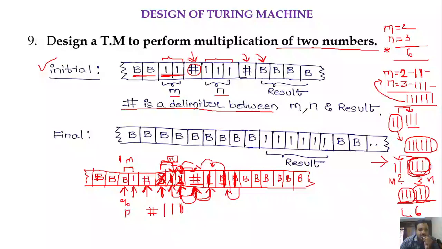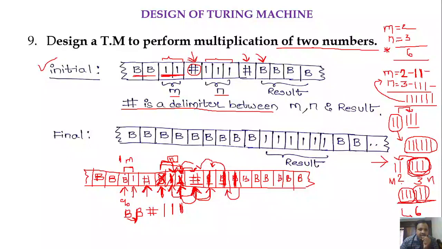So we are going to get a next iteration where the next symbol which is left of the blank will be 1. So what we will do, we will convert that second one which is there in m with a blank and move the head towards right. So the same process is going to be repeated again, right? So this is the logic.